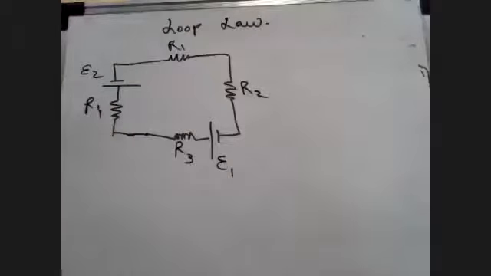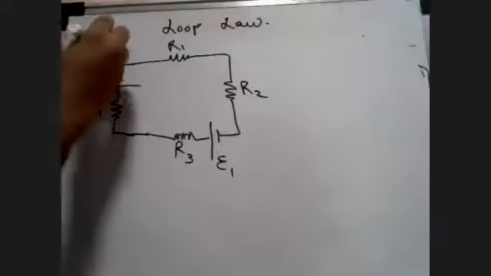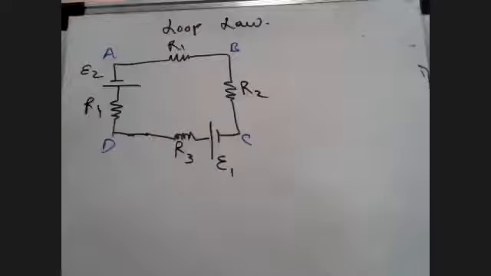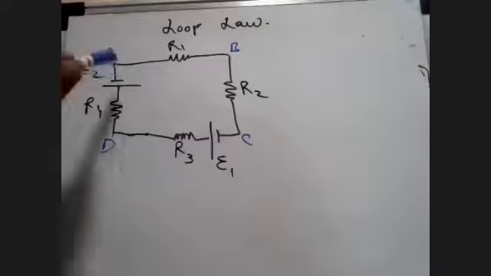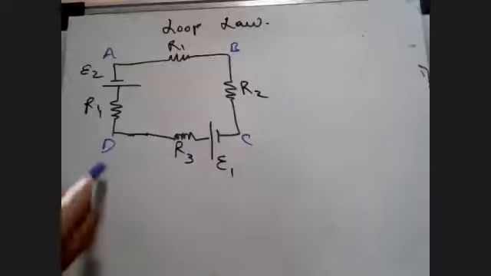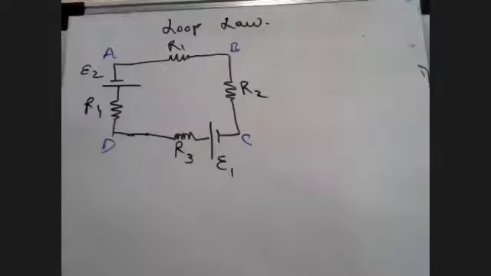Okay. Now, let me just say that there are 4 points across this circuit: A, B, C, and D. I need you to find out the potential difference between A and B, between B and C, between C and D, and between D and A. Then we will add all of these expressions. As we get the sum of all these expressions, we will come to the concept of the loop law itself. It is much easier to understand with these small expressions that we will be deriving in just a minute.